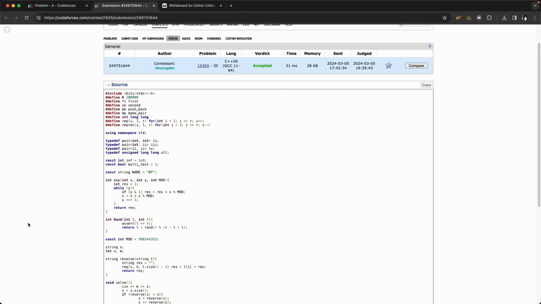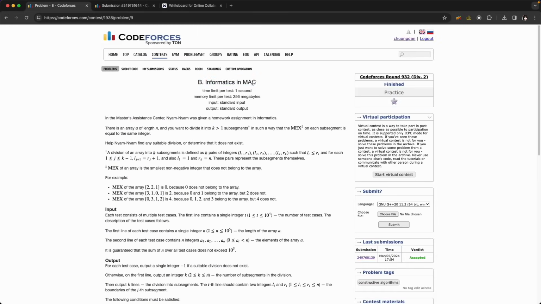Okay, so it's the end of the first problem. The second problem, Informatics in MAC, and in this problem we are provided an array with length n, and they want us to divide it into k subsegments with k bigger than 1,